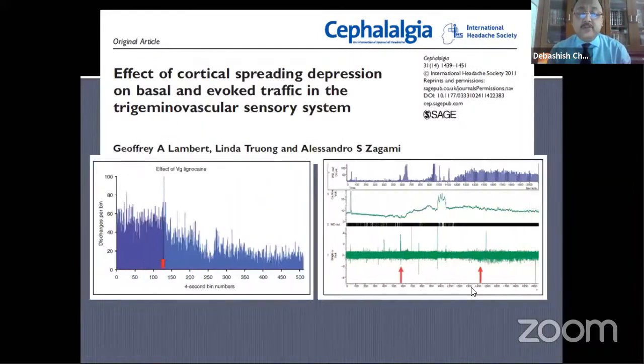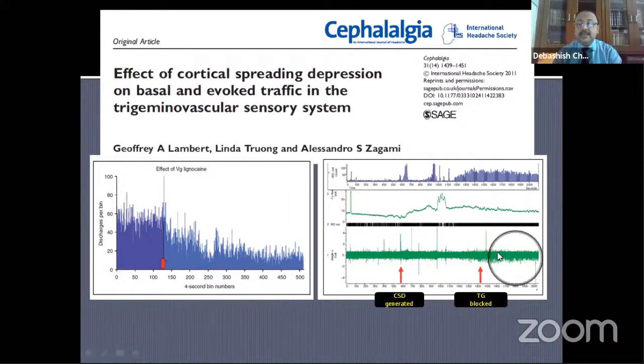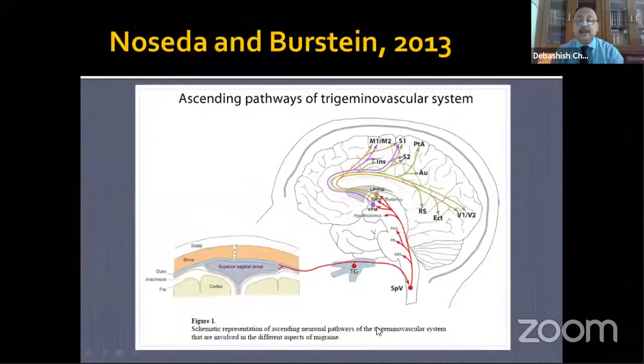The first thing is that it has been shown that cortical spreading depression actually activates the blood vessels in the dura, but they are not the only effects. If lignocaine is injected in the trigeminal ganglion, it produces a decrease in the firing. But once the cortical spreading depression starts and you still block the trigeminal ganglion, you still see that the firing is going on. So once the cortical spreading depression is initiated, it goes on despite a peripheral block. So it has both central as well as peripheral effects. Then,